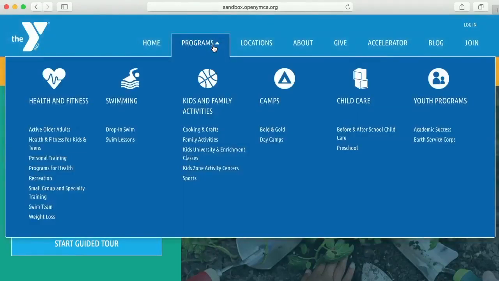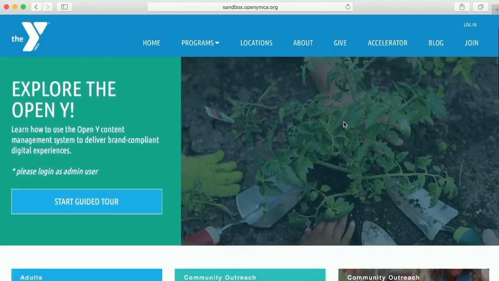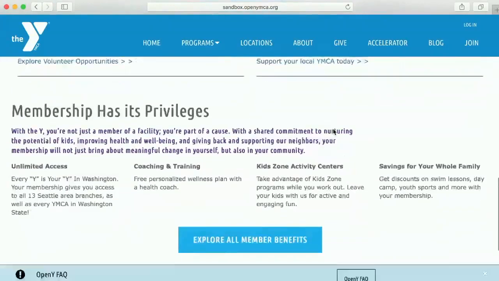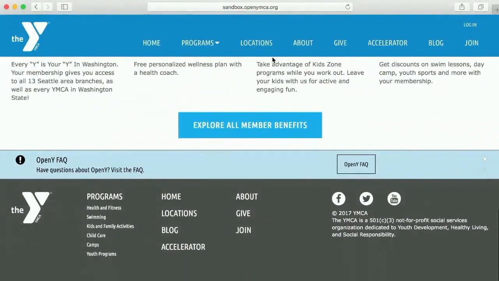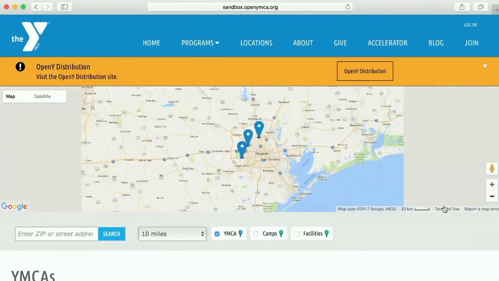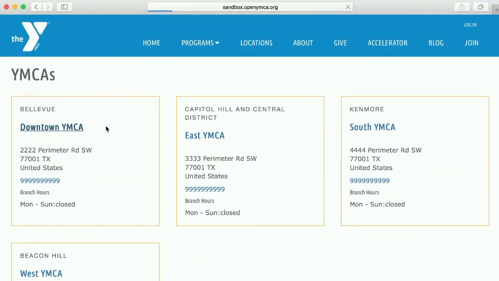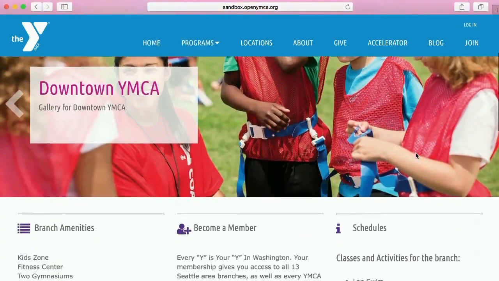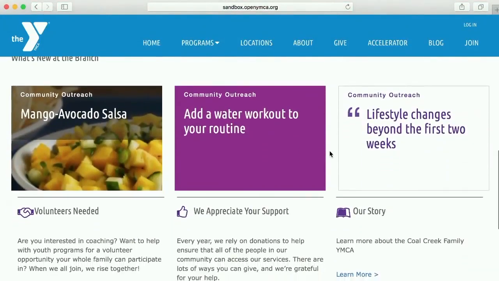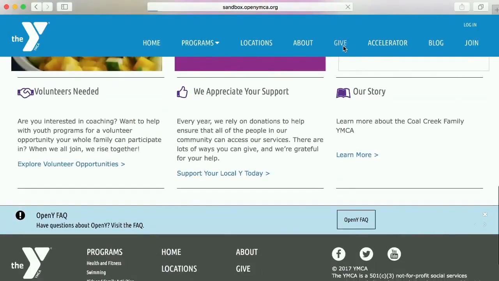As an example, we have demo programs and categories. For the YMCA, we have the functionality of alerts on the page. We have some elements and components like a banner, a list of blog posts, and some static content with grid columns. Also, we can open the location finder page. This is just a landing page where we can take a look at the map and all available branches. If we find a favorite branch, we can look at the branch working hours, read some information about that branch, look at the blog posts associated with the branch, and then we have a lot more features out of the box.